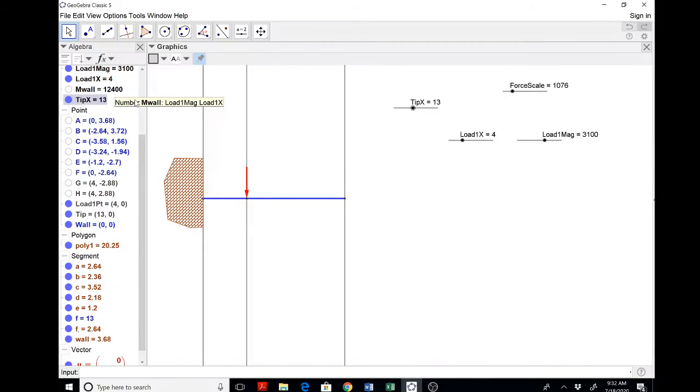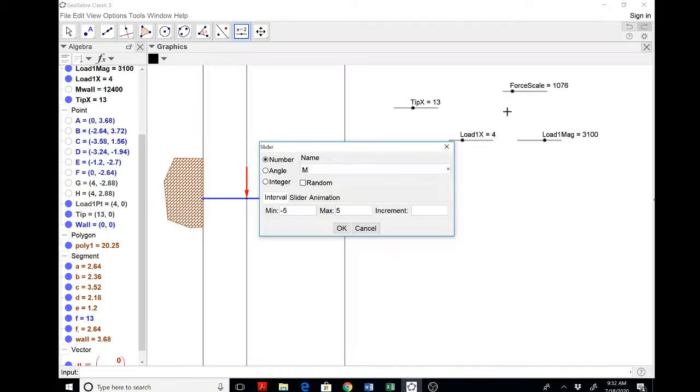force lengths. So again, GeoGebra does not use units. You have to keep the units straight. I'll show you a hint for the units. I did that in the load takedown, remember? And I could draw the bending moment diagram here really nicely, but I need a new scale for the M because now this is 12,000. So I will just put in another slider, moment scale,